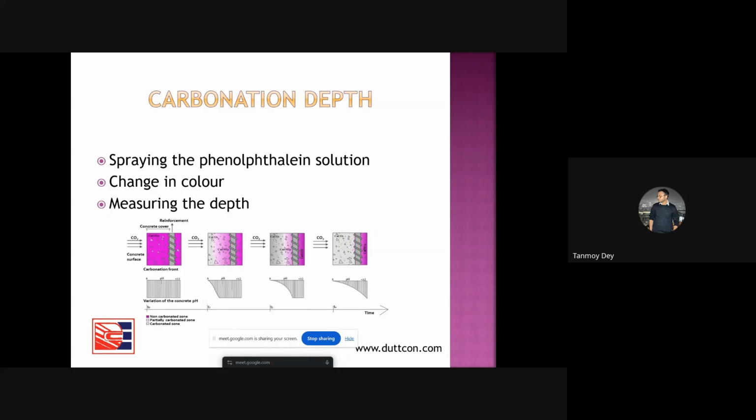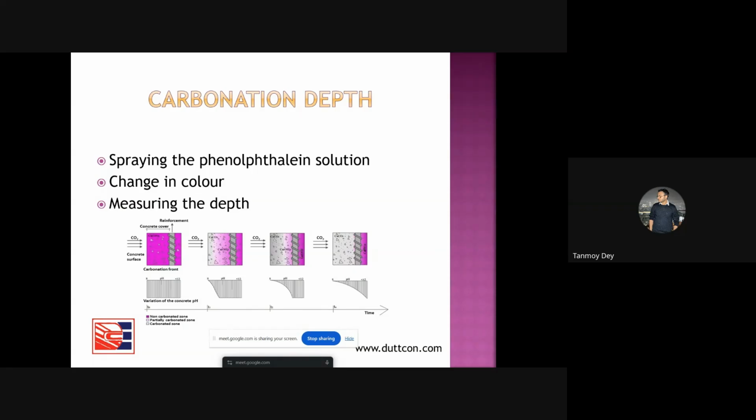Spraying phenolphthalein solution. If the change in color is there, we can measure it, say we are drilling it. So there are two ways you can do it. By drilling, say 1 millimeter, then we spray phenolphthalein. If the color stays, it means it is getting acidic. Color change means it is basic. If it is 2, so